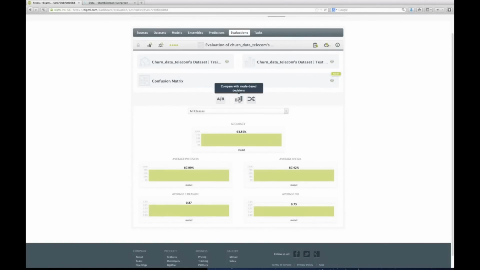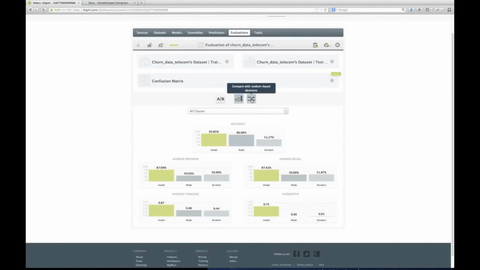And with a couple of clicks, we can compare this to mode-based and random. Mode-based being you just pick the most common prediction. And so you definitely want to see your model doing better than that, at least, and we are in this case. All right, and another new feature is that, of course, in computing these metrics, we've generated a confusion matrix,